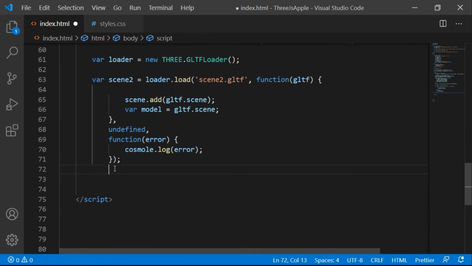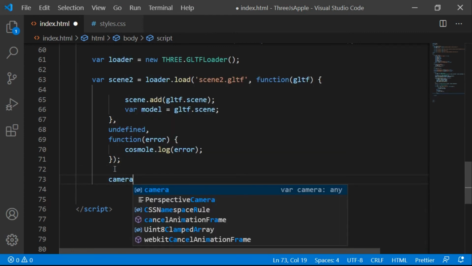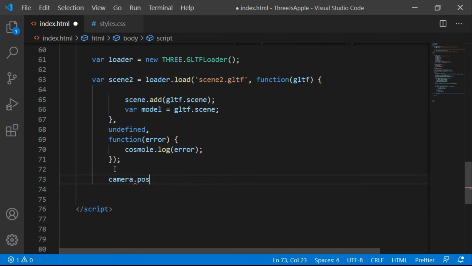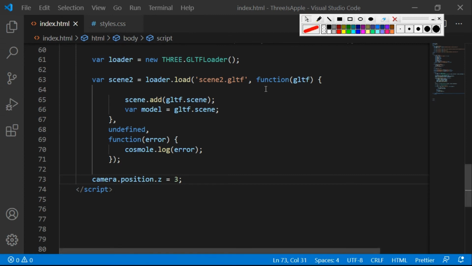Perfect. Let's hit enter and let's add camera. We are setting the position of our camera, which is really important, and camera.position on the z axis is basically going to decide how far we are from the model, which is 3. Okay, so this is the x-axis.